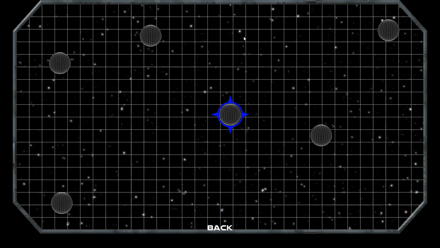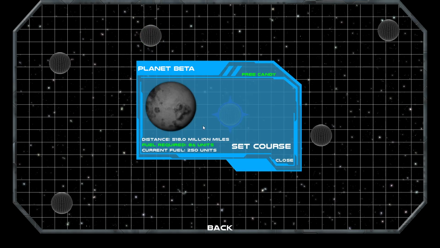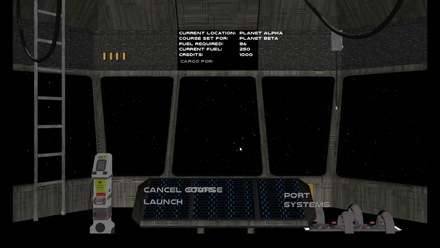So close out of that, and we will click on planet Beta, which is 518 million miles. Shows you 518 million miles. Fuel required 86. Again, your current fuel. Set your course. It drops you back to the main screen. I know this is a little funky here. You'll be able to cancel the course or launch to go to that planet. So we hit launch,